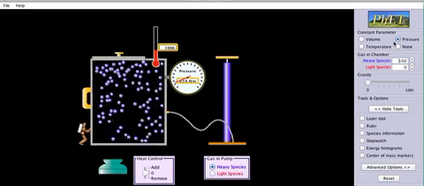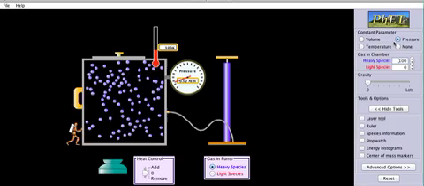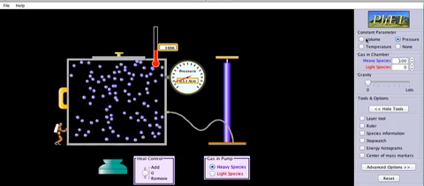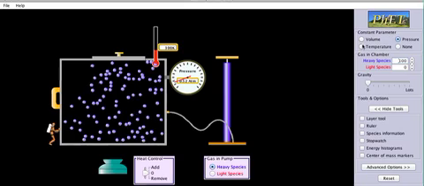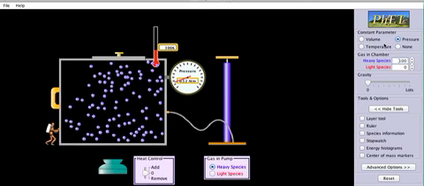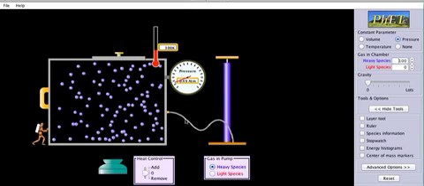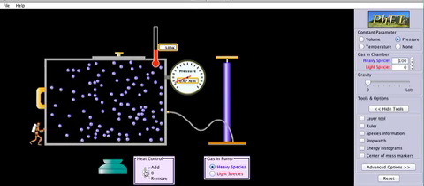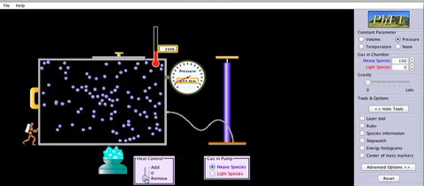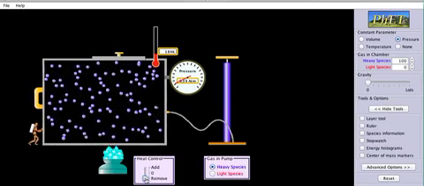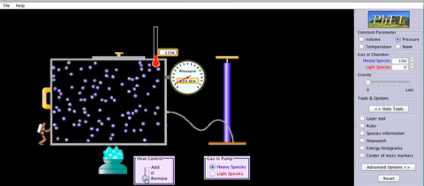Now, if you're doing Gay-Lussac's, you're going to want the volume constant. And if you were doing Boyle's, you would want the temperature constant. So you'll click the constant parameter right here. Now, when doing this, to start off with, you want to make sure this pressure doesn't max out, or the volume doesn't max out. So if you're doing, let's say, Charles,